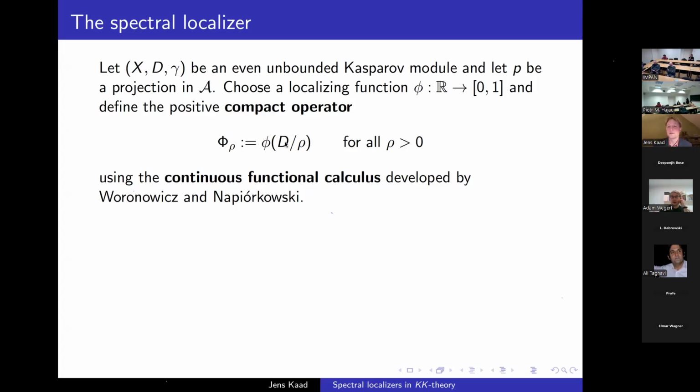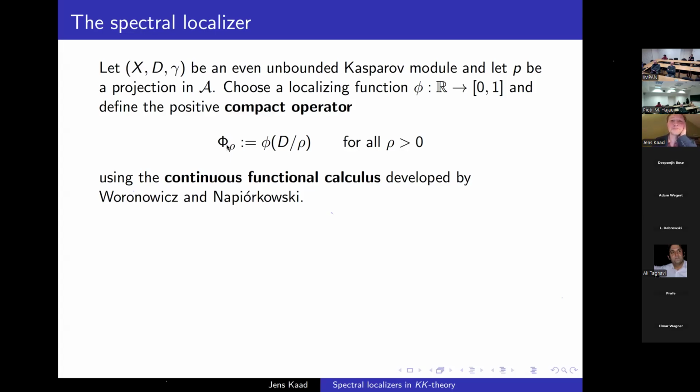A quick question: do you need to assume that this phi is smooth, or would continuous be enough? Continuous is enough until now, but later on I don't need smoothness. It's just to make it easy that I said it was smooth, but I needed it to be differentiable and satisfy some extra condition. Like C1, for example. Yes, C1. Actually, you have a condition on the Fourier transform of the derivative. Okay, so smooth is the safer choice. Yeah, smooth is a safe choice.